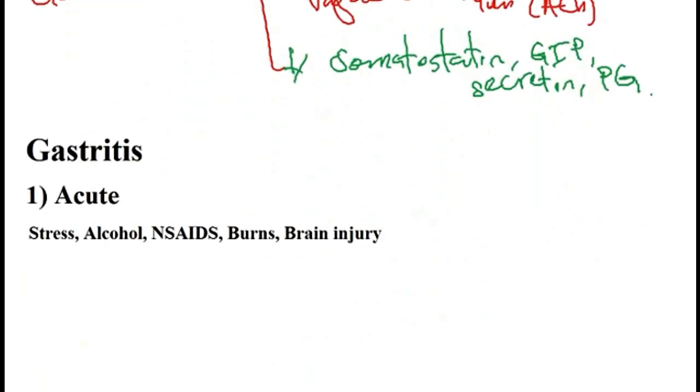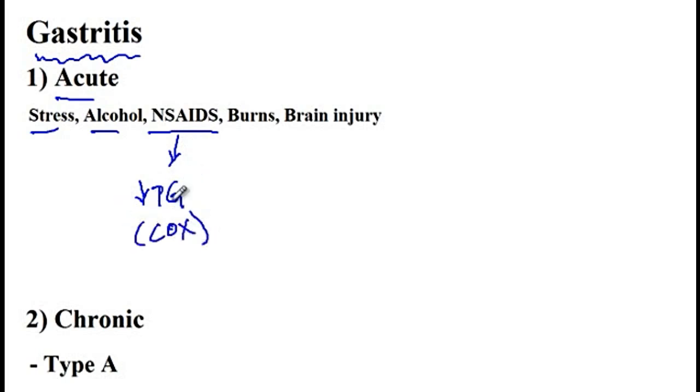Alright, now the first condition is gastritis, and I would like to go over the risk factors to acute versus chronic gastritis. So conditions that will disrupt the mucosal barriers will cause inflammation of the stomach or gastritis, and these conditions include, for instance, stress, alcoholism, NSAIDs like ibuprofen. And what these medications do is that they decrease the secretion of prostaglandins by inhibiting the COX enzyme, and so prostaglandin is the factor that will help maintain the mucosa of the GI tract. And so if the prostaglandin is destroyed, therefore these patients are prone to losing their gastric mucosa and start to